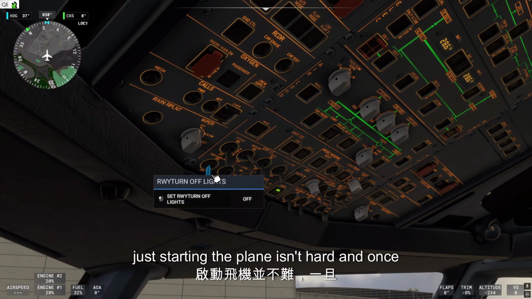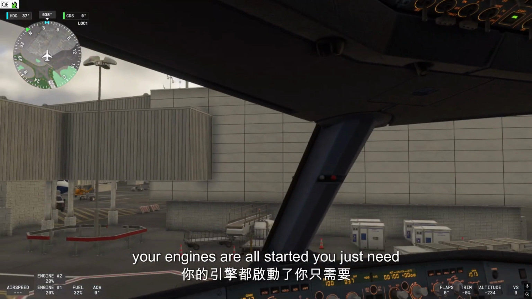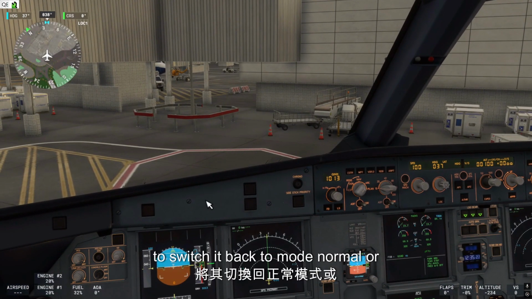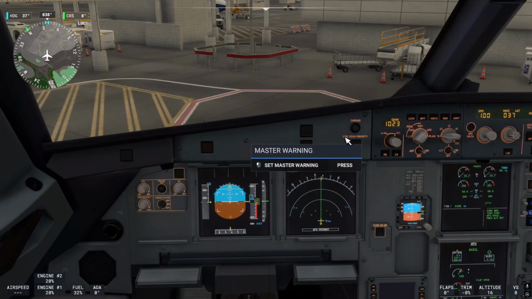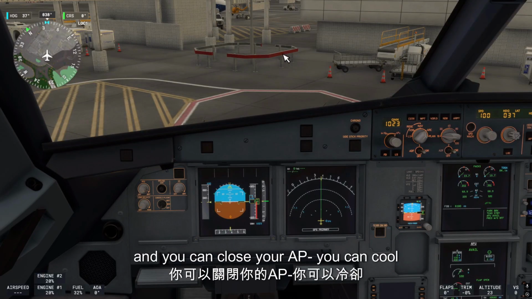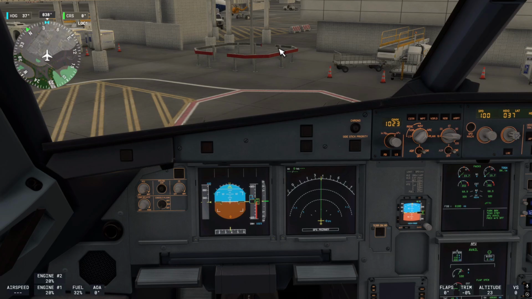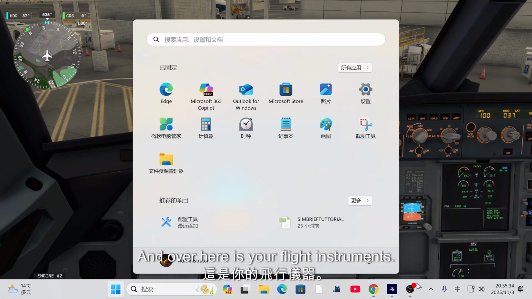Just starting the plane isn't hard, and once your engines are all started, you just need to switch it back to mode normal, or mode NORM on the throttle quadrants, and you can close your AP. You can cool your APU down. And over here is your flight instruments. You can press the comma key to auto correct your